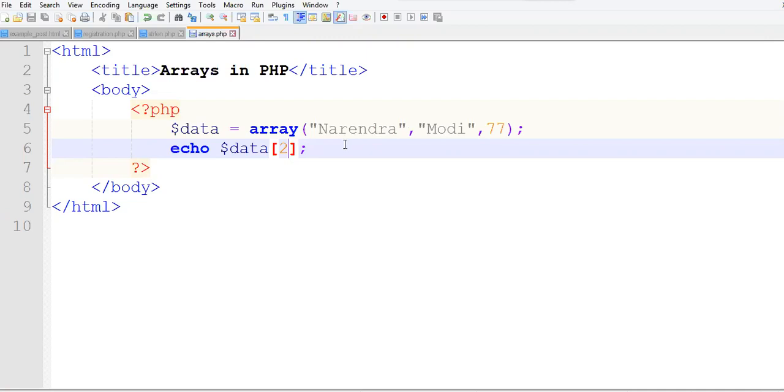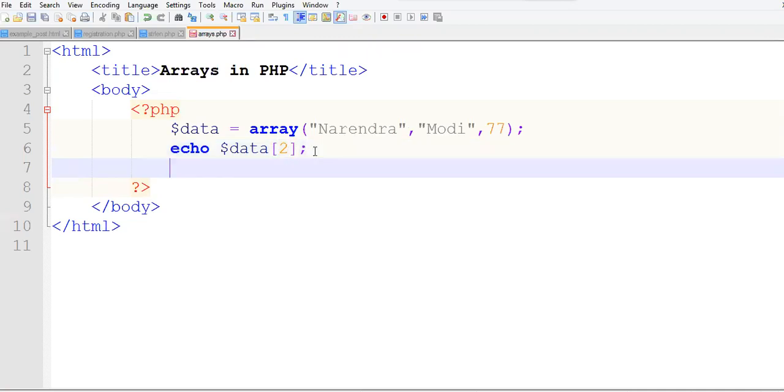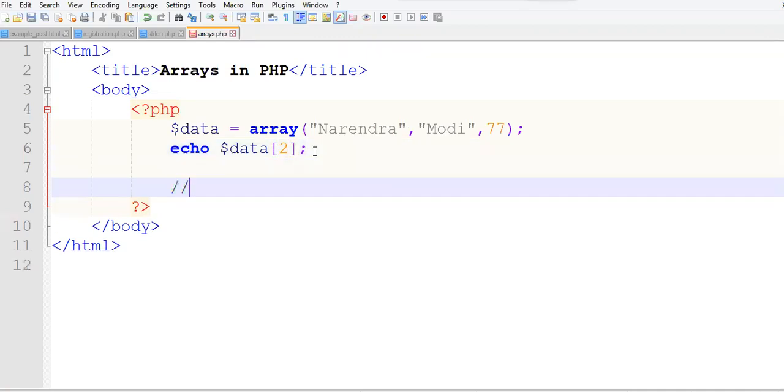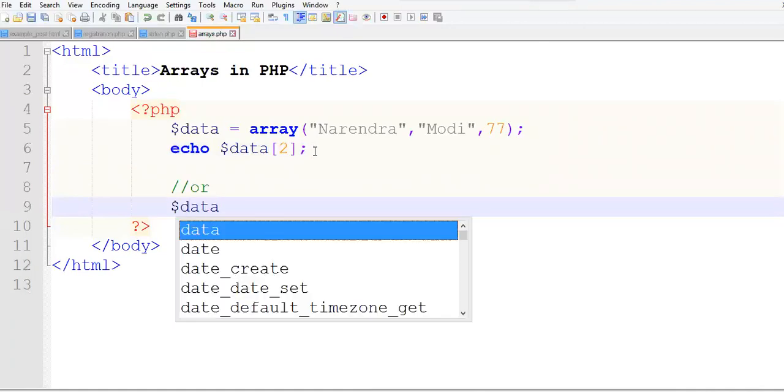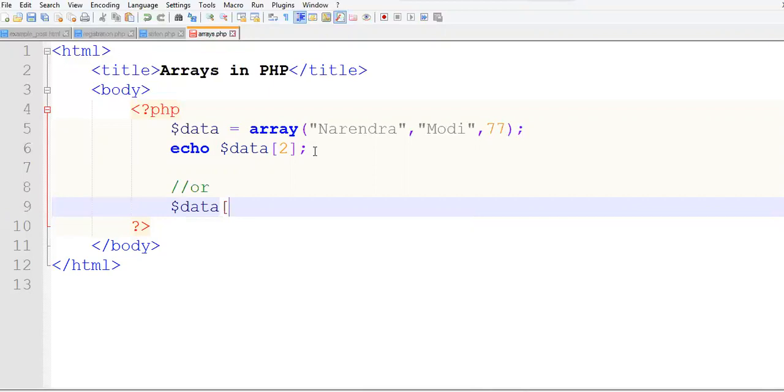Now we have one more method of creating the indexed array, that is creating it manually. For that we say $data, and here you give the index value followed by the values.